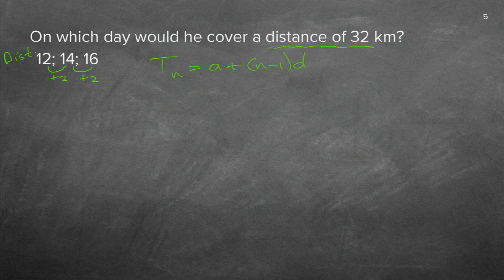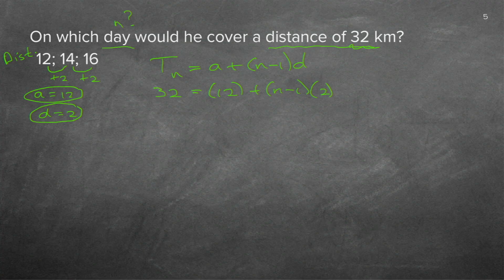Good. So I'm going to fill in what I have. But before I do, it's always good to write down my A, which is 12. They gave it to me. My D, which is 2. They told me it increases by 2 every day. The minute I can write down my A and my D, I can fill it into a formula. So let's start. What is that 32 that they gave me? It was the distance. And remember, the T stands for distance. So I can replace the T by 32. The A is 12. The N I do not know. And the D is 2. Because on which day is actually which term? The nth term, the 4th, the 10th, the 14th, and that's why I know they're asking me the N.